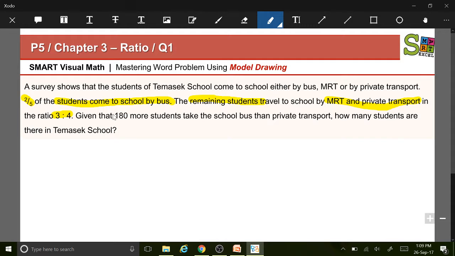Given that 180 more students take the school bus than private transport, they ask for how many students are